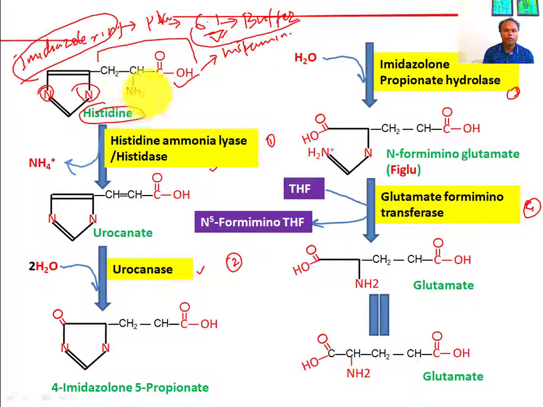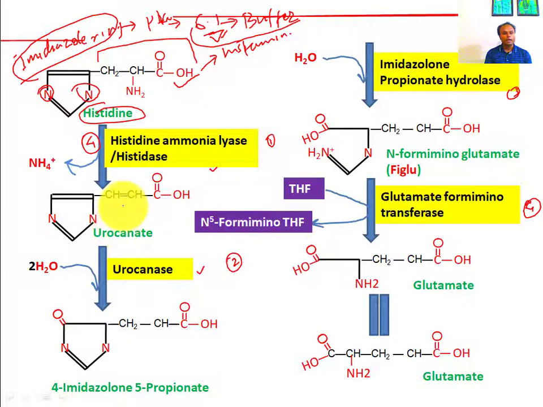Deamination will happen because of histidine ammonia lyase, and this is a lyase. It will break the bond. This falls into the 4th group of enzymes. If we classify enzymes into 6 groups, lyase is the 4th group. So ammonia lyase will insert a double bond here, and this histidine will convert into what is called urocanic acid,